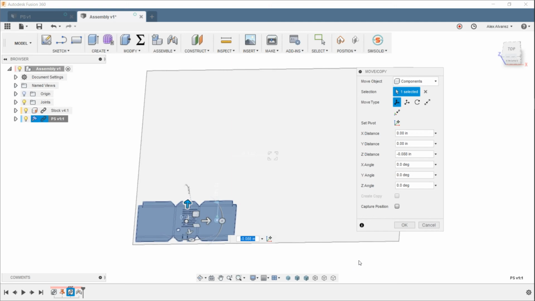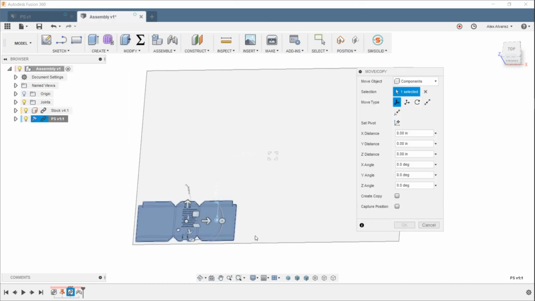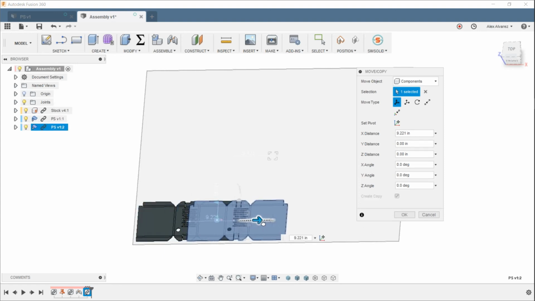But if I wanted to create a copy, right? So if I go ahead and hit OK to that, if I wanted to create a copy, I can go over here to Move Copy. Notice that I have this Create Copy checkbox at the very bottom, right? So let's go ahead and create that copy